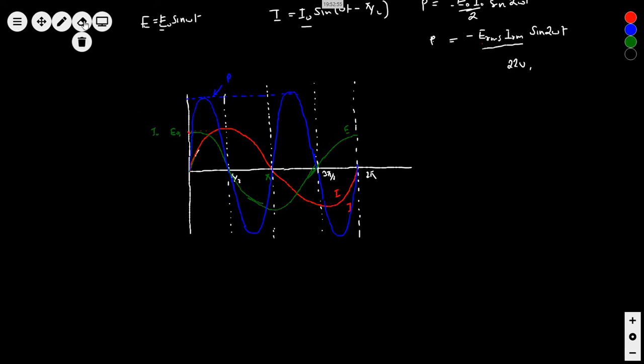Voltage will be a little ahead. I have made one mistake here. Please, when you draw, keep this in mind. Current will be less than the amplitude of the voltage. Okay, current will be less. So I have drawn them almost equal here, and I was just thinking something else. It will be a little bit less. The amplitude of current will be less.